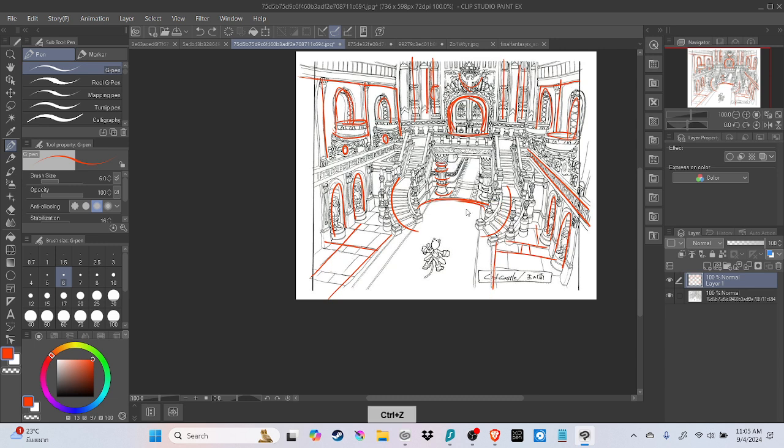We could imagine that the design of this would be very different if this carpet that he's walking on was the same size all the way down. If it was like this, and you had these lines coming out here like this, would it be as visually appealing? No, I don't think so. I think part of the appeal is this huge space that the character is sitting in. Because there's this negative space around the character, it makes him feel small compared to all this opulence around him, right?